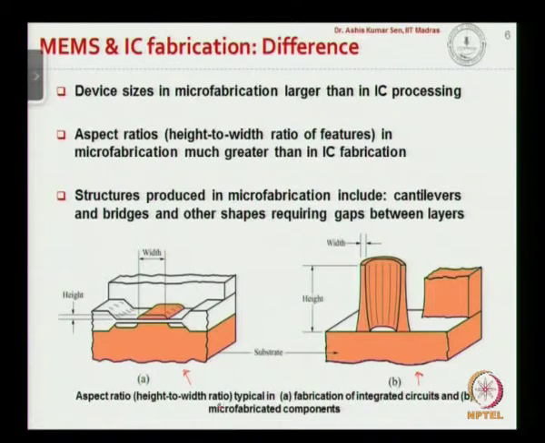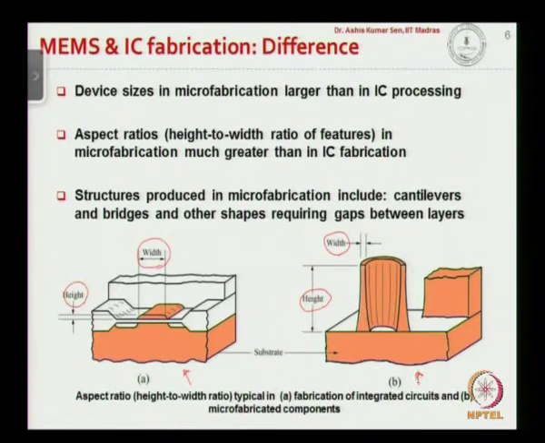And the other thing is that the aspect ratio of the different structures that we encounter in micro devices, for example height to width ratio, is much higher as compared to what we encounter in case of the semiconductor fabrication. So, the aspect ratio in case of micro devices is much greater than that in IC fabrication,